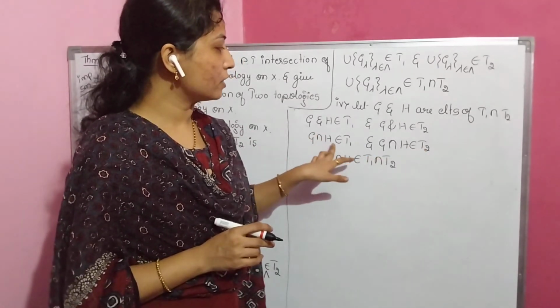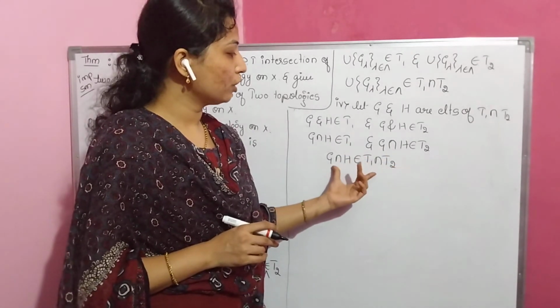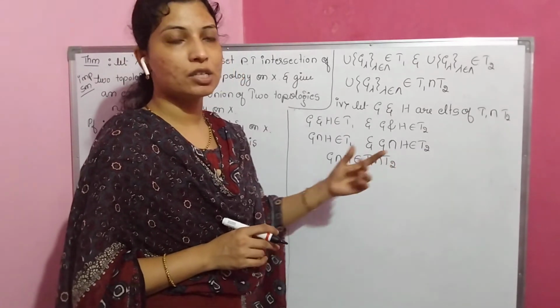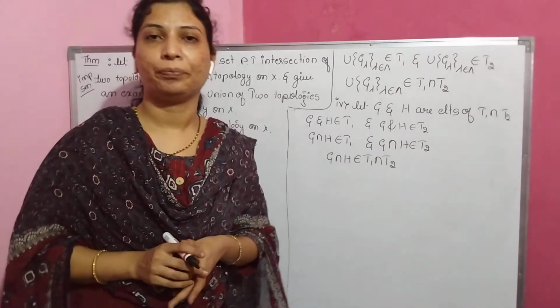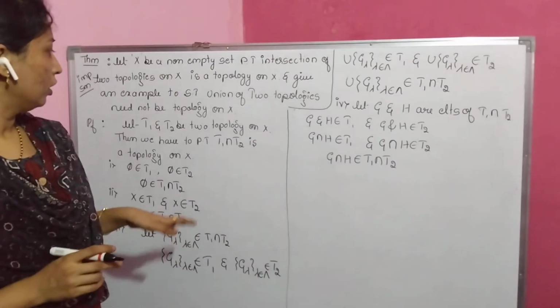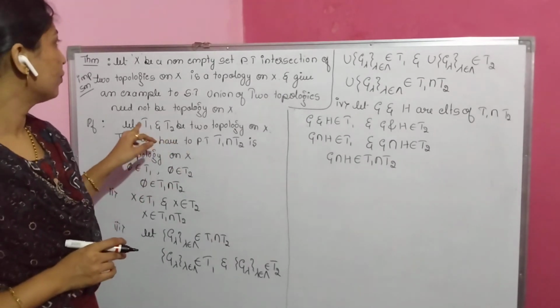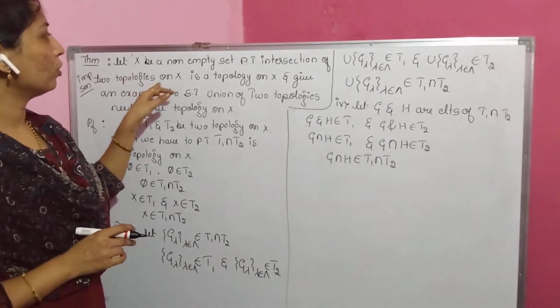Therefore, G intersection H is a common element for both T1 and T2. Therefore, G intersection H belongs to T1 intersection T2. Now, this T1 intersection T2 is a topology on the given set. So, hence we complete the proof, that is, let X be a non-empty set, then the intersection of two topologies on X